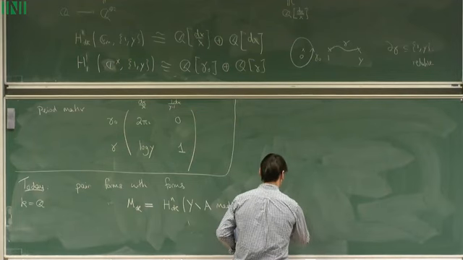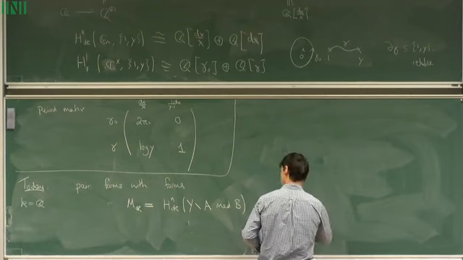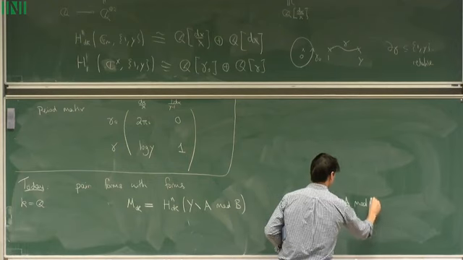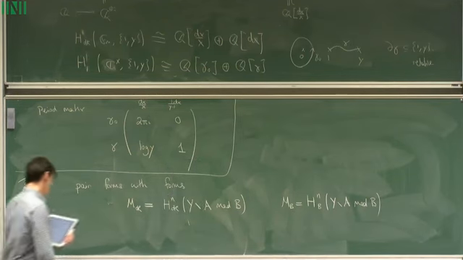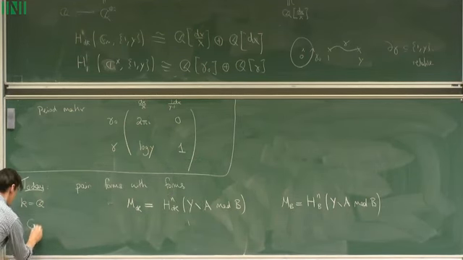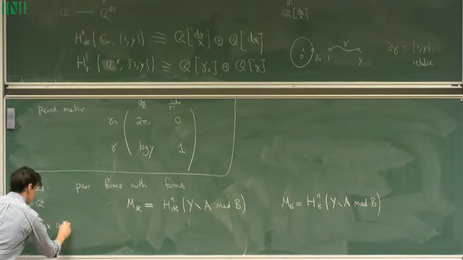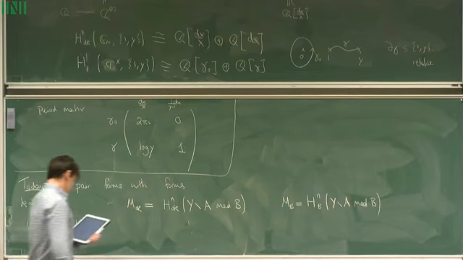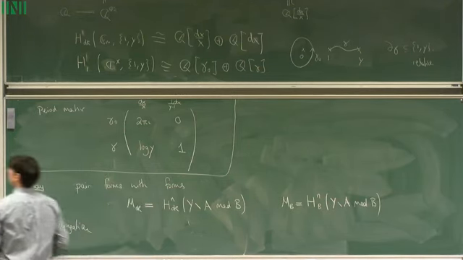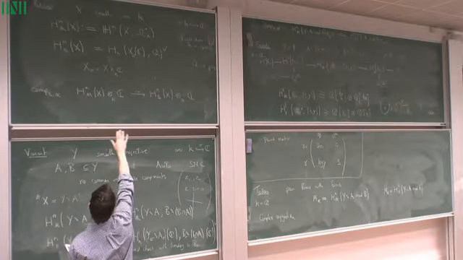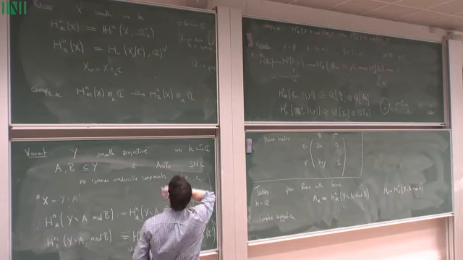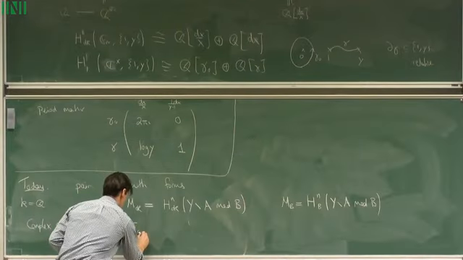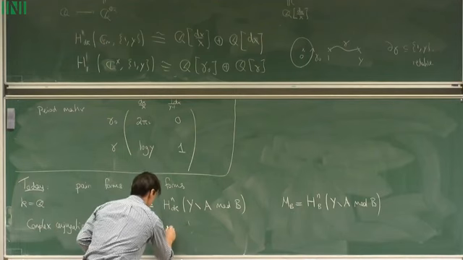And I'm going to write M_B for now to be this. And the only ingredient is complex conjugation. Because we're over Q, which is a real field, complex conjugation gives an involution on the complex points of this, and therefore it gives a map on homology and cohomology,